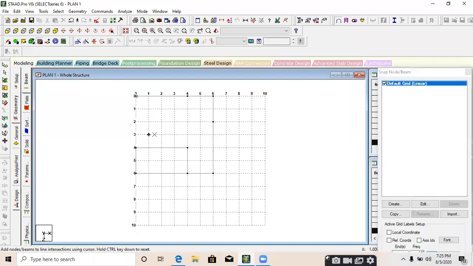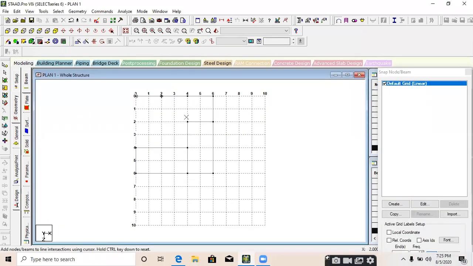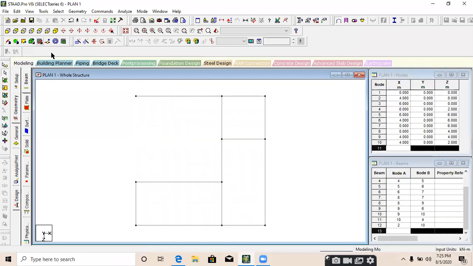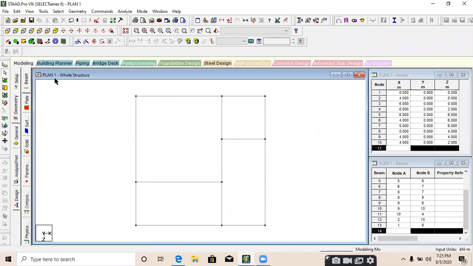When you click again, grid is on, and you will get a new cursor. From this cursor you can start drawing like that. There is another dead end. Again click and restart. Like that we will draw the whole plan.